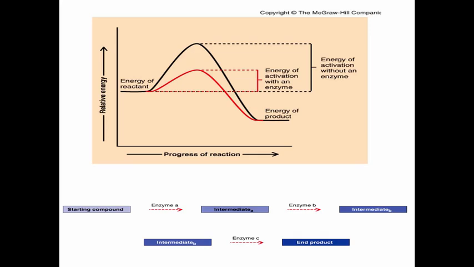Would you ever use more than one enzyme to get to the next step? So typically, each chemical reaction is only going to have one enzyme. You shouldn't have two different enzymes with one chemical reaction. It should end up being two separate chemical reactions. Yeah.